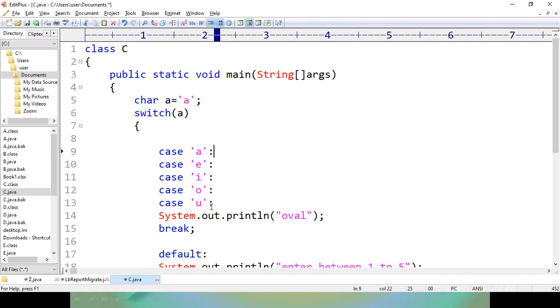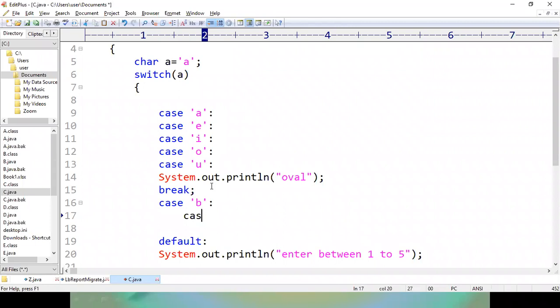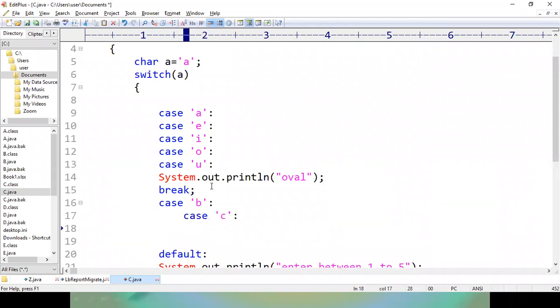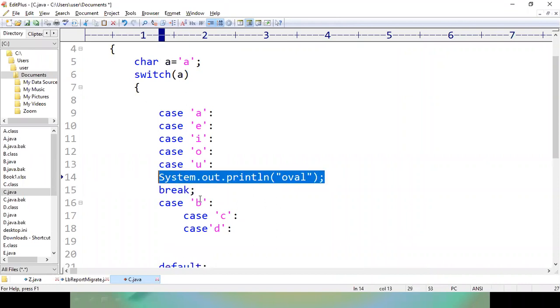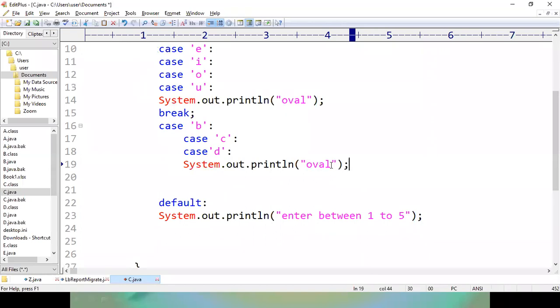And at the same time, in case the character is B, or C, or D, in all these cases I am going to print consonant on the output.